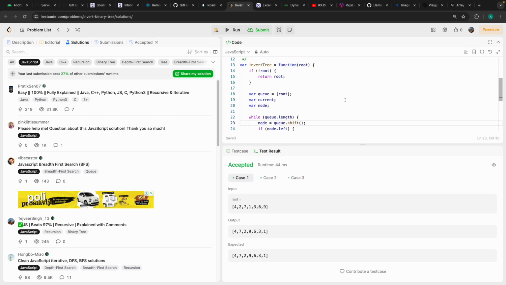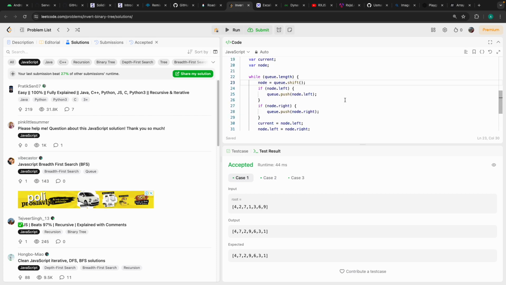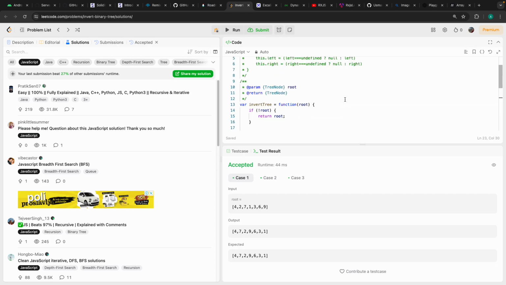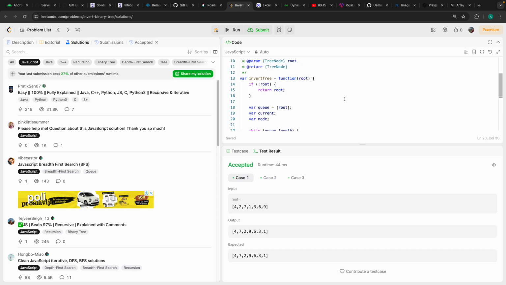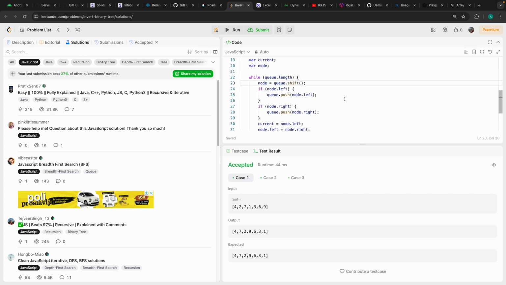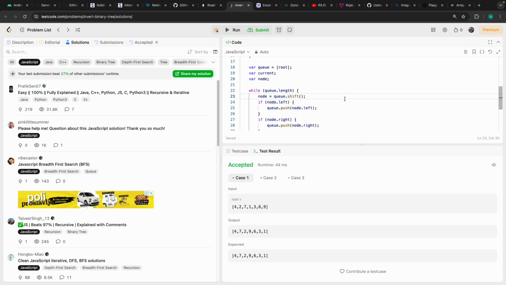Also, I could solve it using a stack, but I forgot it, and I decided not to use it. Now I'm going to watch solutions and learn